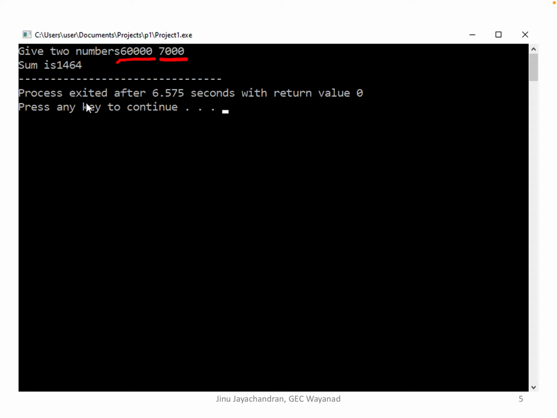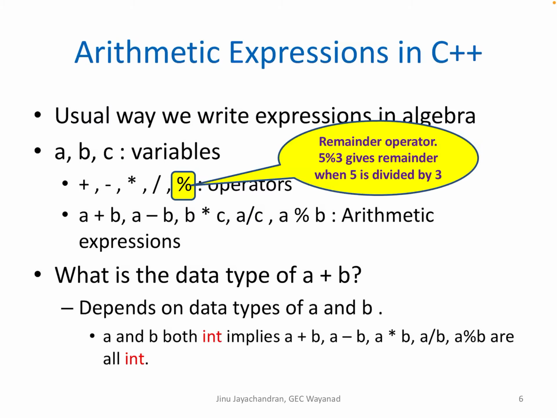I have run the program and it says that the sum is 1464. It is not 13,000 because C cannot store that much value. That's a very, very important concept. So whenever you write a program or design code, make sure you understand the maximum possible values a variable can hold and assign a data type according to that.